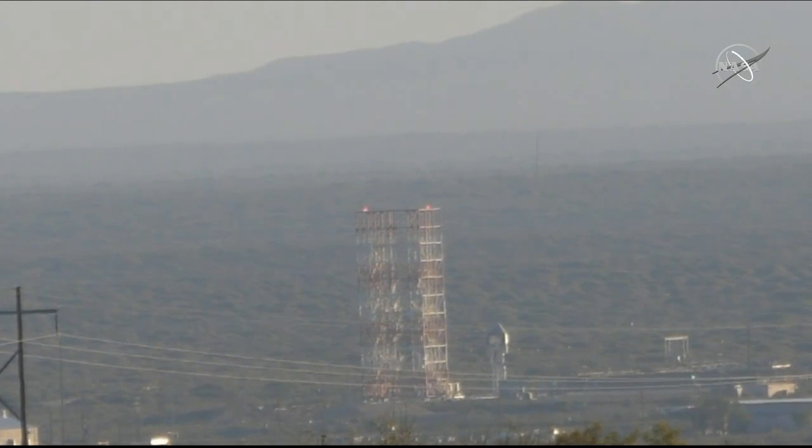But still getting some great views. We're going to have views via some tracking cameras from the White Sands folks here at Wismar. They do a lot of missile testing and things like that, so they have these cameras that can track things going very fast through the air, so it's perfect for a test like today. Yeah. And this is also going to be one of the prime landing sites, if not the prime, for Starliner